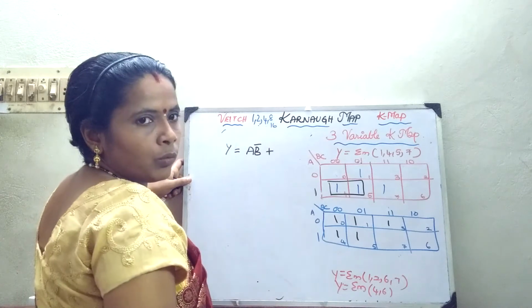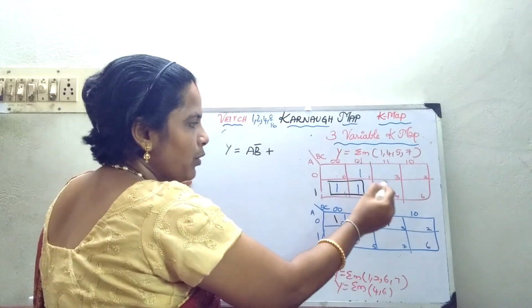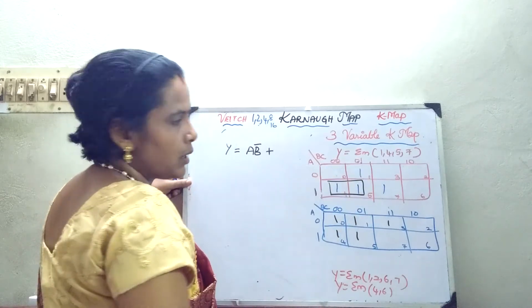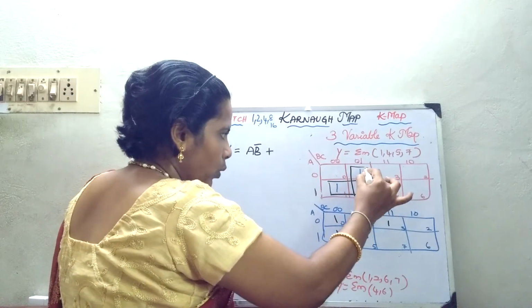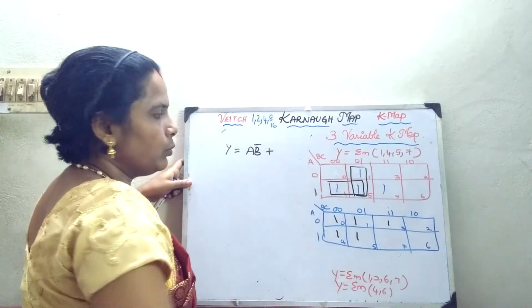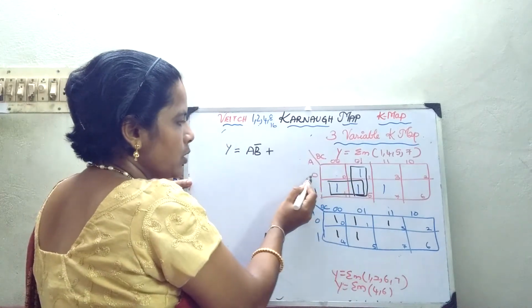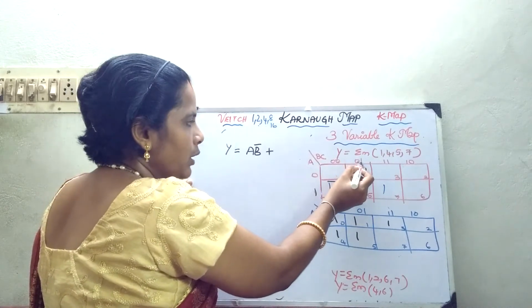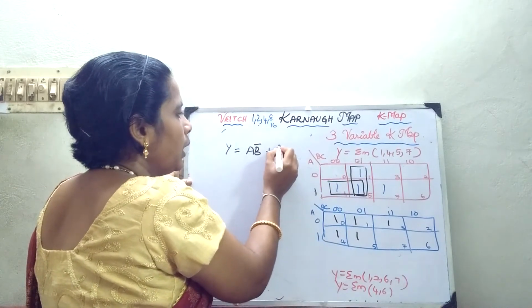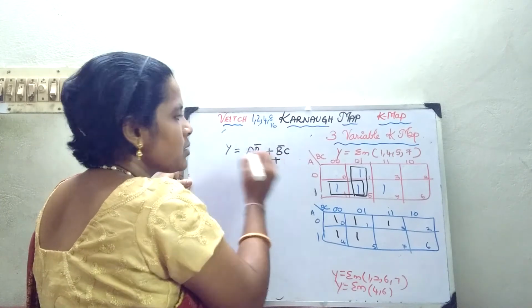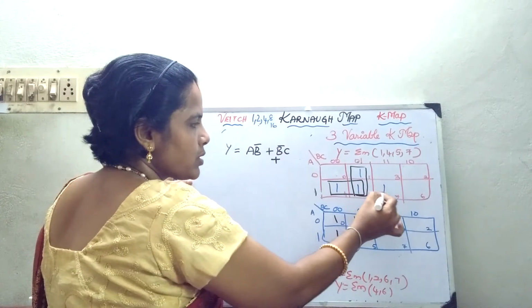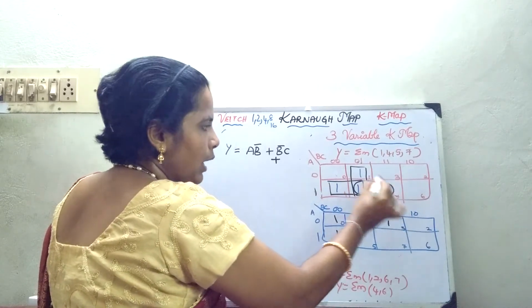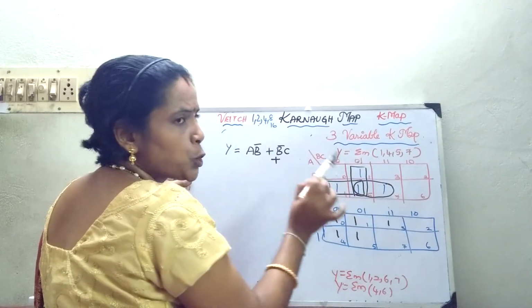Now what is the next thing? Instead of going for single cell grouping, if I am taking a single cell grouping, I will have 3 terms instead. Now in this case, overlapping is good. What is the expression for this now? 0 and 1, it is not matching. So only the column wherever it is existing. So it is b bar c plus. Now for this also single means you will have 3 literals. So in this case, overlapping is necessary because all these ones should be grouped.